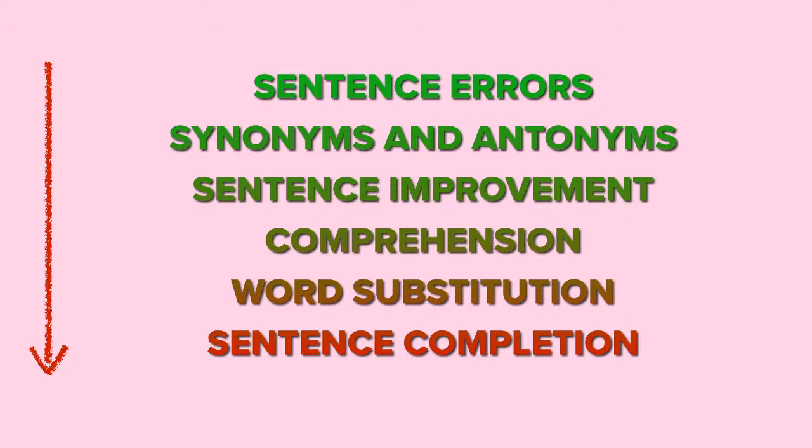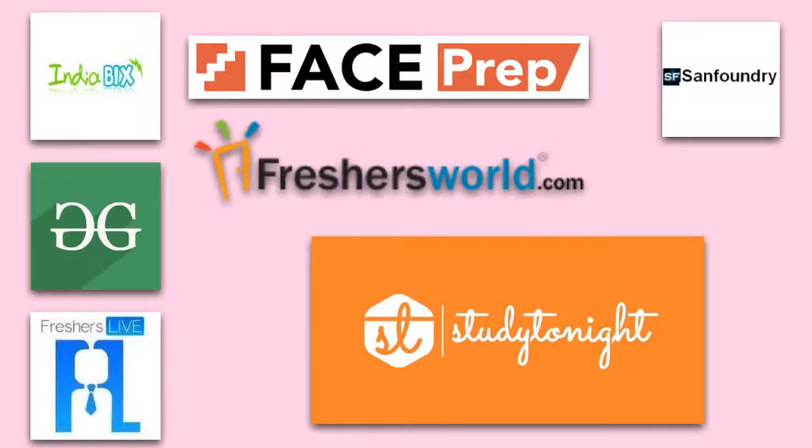And other sentence types include word substitution, where you can substitute a particular word and it still doesn't change the meaning. And sentence completion, they might snip out a particular word or the whole part of a sentence, and you'll have to fill in the appropriate options or sentences given below. So don't worry even if you are not prepared properly, because these are the sites where you can get a hefty number of resources to work from.